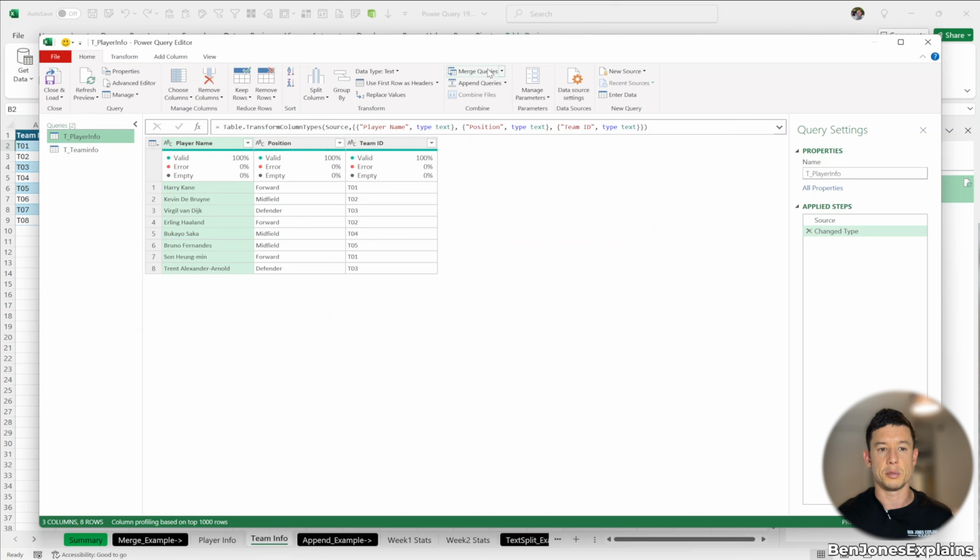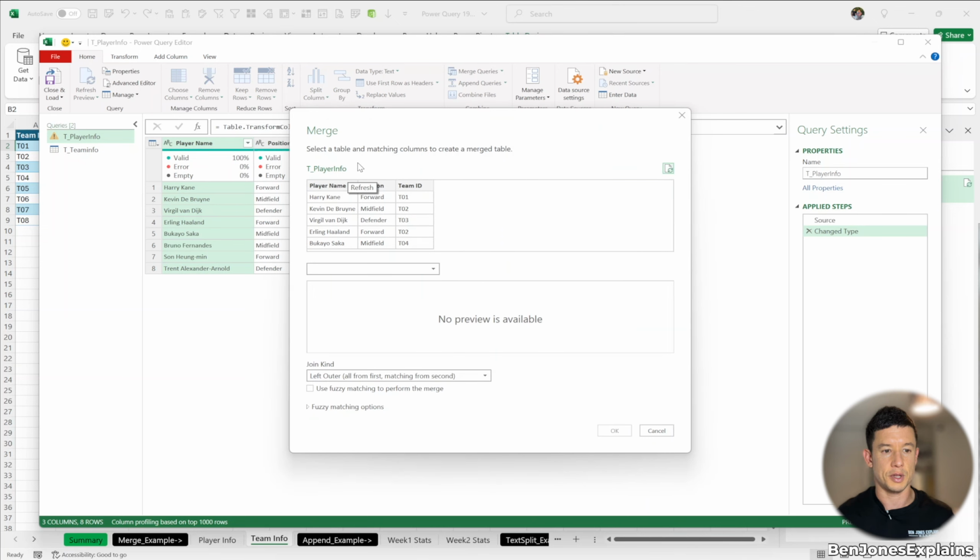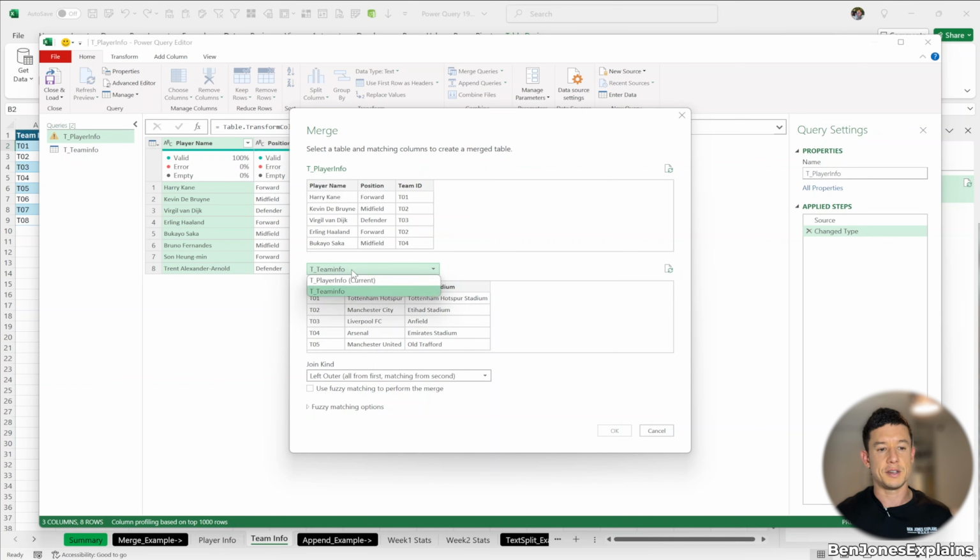So what we're going to use is Merge Queries. You can consider this like a lookup in Excel. If we click Merge Queries, this is going to prompt us with what table do we want to merge into. So this is our player info table, and then what table do we want to merge it with. So I'm going to click on the team info table. We now need to tell it which columns are going to create the relationship for us. So I'm going to click team ID in this table, team ID in this,